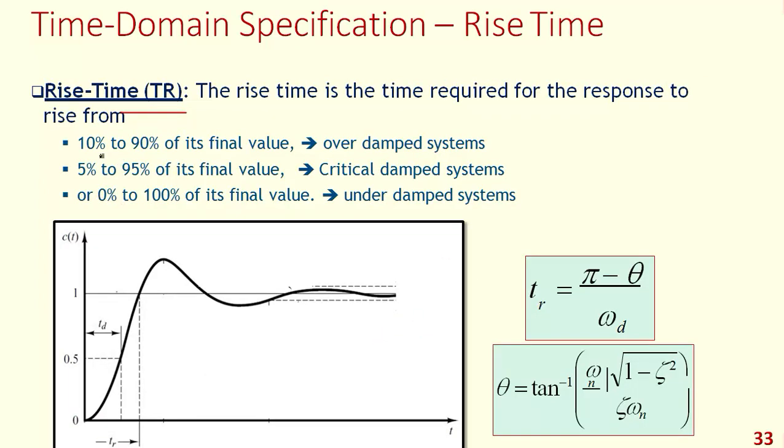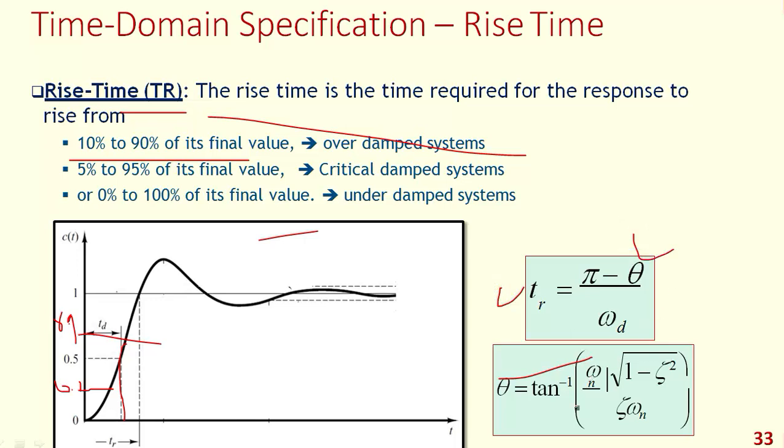Then rise time. Rise time is the time required for the response to reach 90% of the final value. So 10 to 90%. Suppose it is 10%, it is 0.1 and this is 0.9. So the rise time is 10 to 90% of the final value. This rise time is given by the equation Tr is equal to pi minus theta